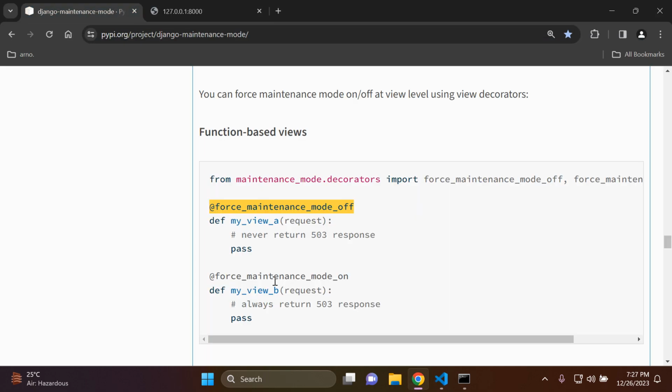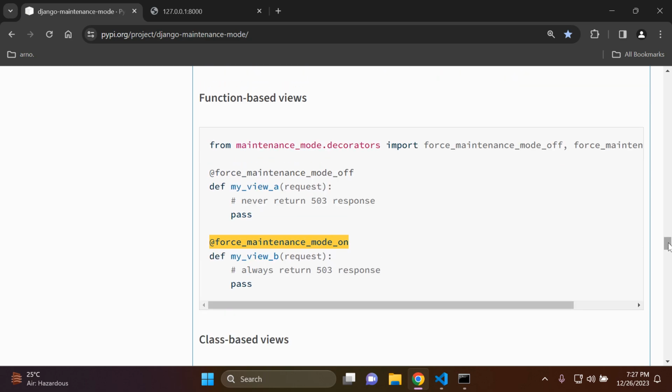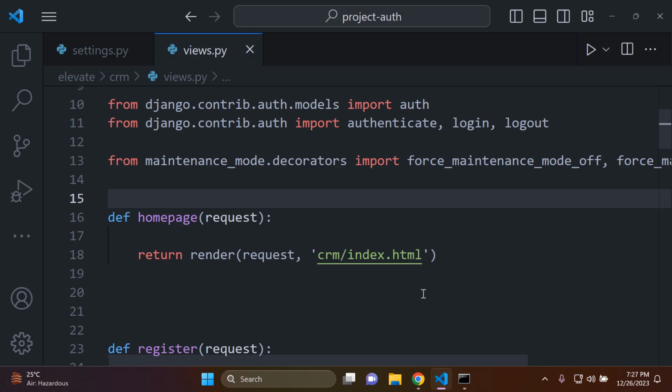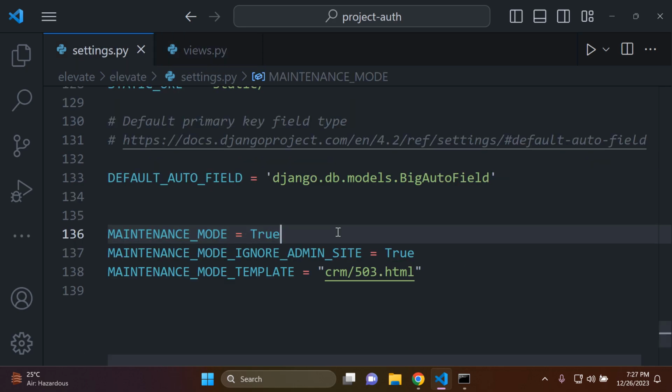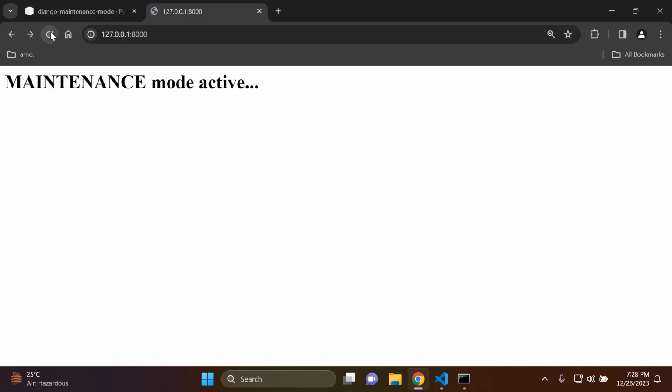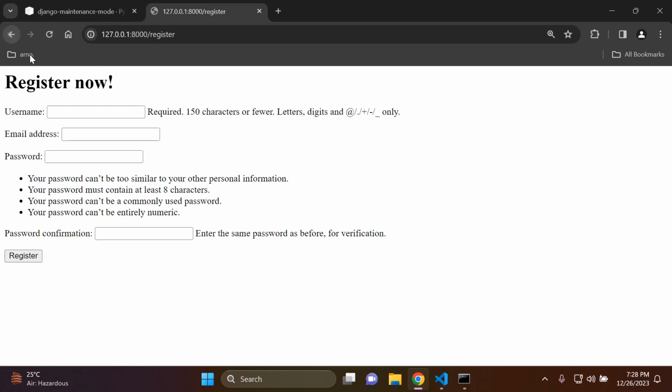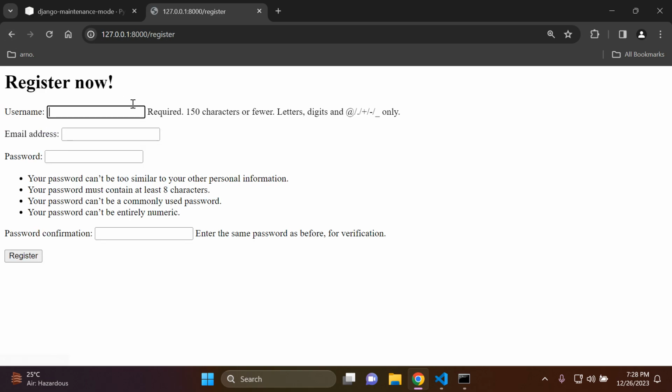Okay. Now we also have force maintenance mode on. That's something else you can go ahead and set into place, if you want to enforce maintenance mode on that particular page. If I were to give you a typical example of how you can use this, you can go ahead and set maintenance mode to false. Go to your website, refresh it, peruse through your website, click on the links, and make sure it's been deactivated. Now let's say I want the registration page to have maintenance mode active and the login page and the rest of the website to not be restricted. I just want users that already have an account to be able to log in, and I don't want to take in any more new users to